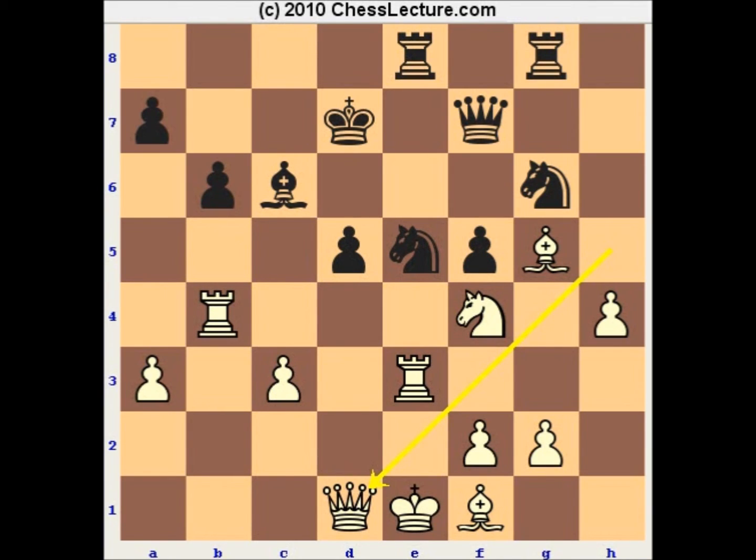Now let's think about this for a moment. The white king went to d1. He went back. The queen also went out and went back now to her original position. All of white's rooks, both of white's rooks, got into the game in very unconventional ways. And the bishop on f1 hasn't even moved yet. So we have really an aesthetic